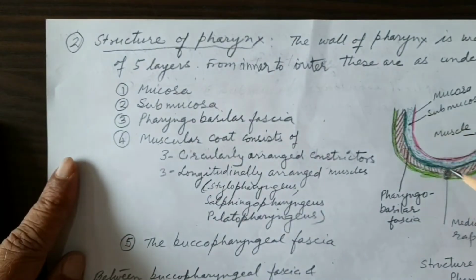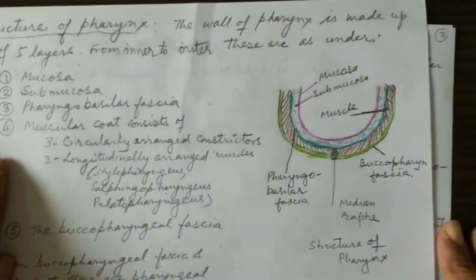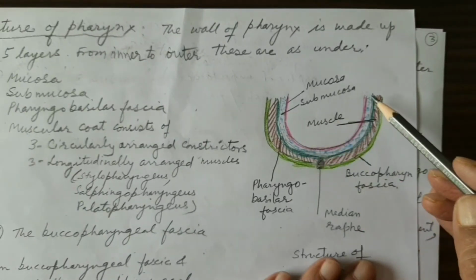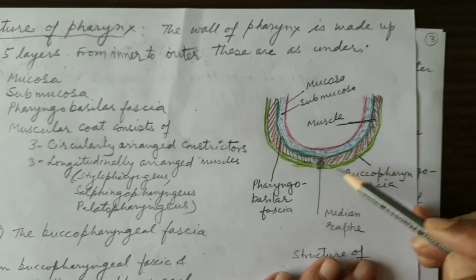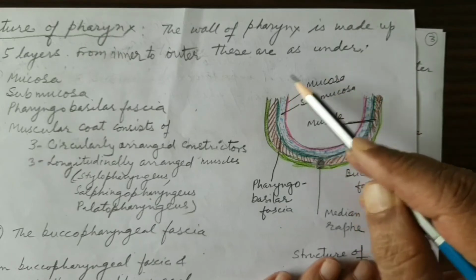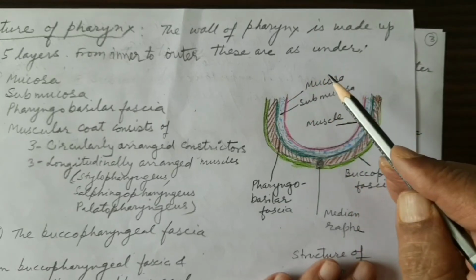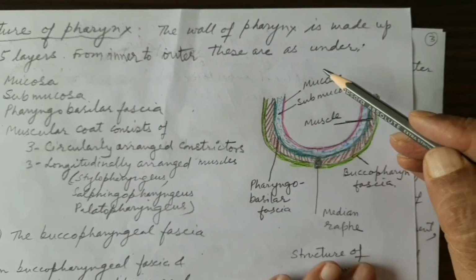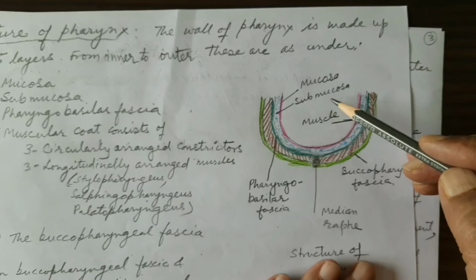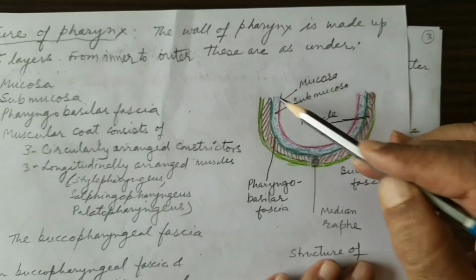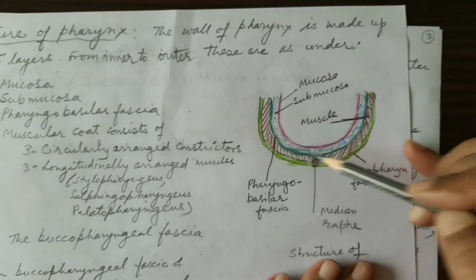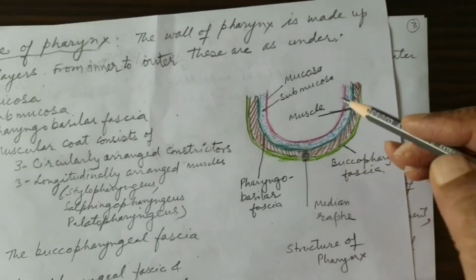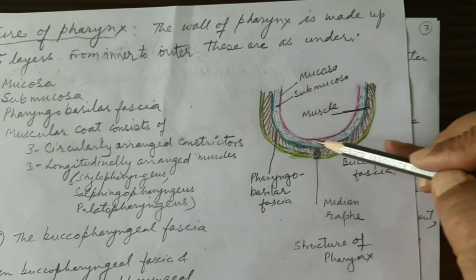This is the inner aspect, and this diagram shows you the cross section of the wall of the pharynx, which is present in the lateral and posterior aspects. Anteriorly, the wall of the pharynx is deficient because it is facing the three openings of the nasal cavity, oral cavity and the laryngeal opening. So the anterior side is not there; there are the right lateral, left lateral and posterior walls. The innermost is the mucosa.